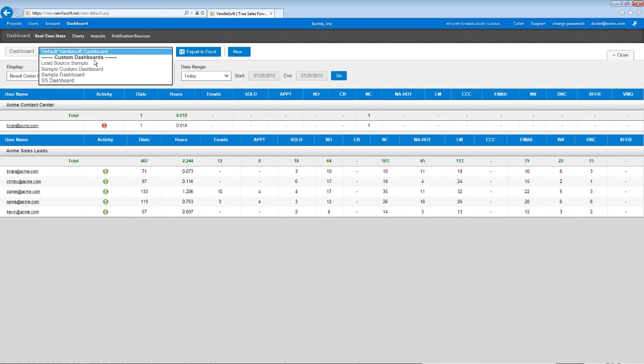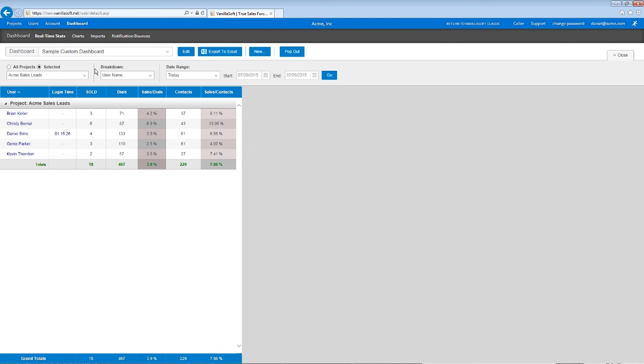So this is our very default, very basic one. You can build in more advanced things that give you kind of some KPIs you might want. For example, I want to know how many solds did I get, how many dials did I make, but I want to know how many sales, what percentage of my dials resulted in a sale. So I can kind of see agent performance this way. I can see who are my top sellers, who's maybe lagging behind. I can see, Christy, you've almost got a 7%. That's really good. Daniel, you're kind of slacking. You're not doing a good job, dude. So you can kind of build this out and really get more advanced metrics,